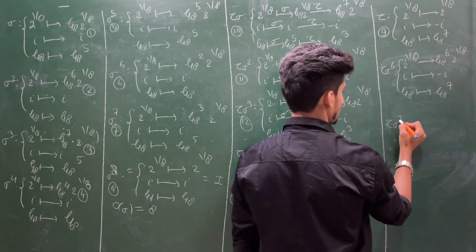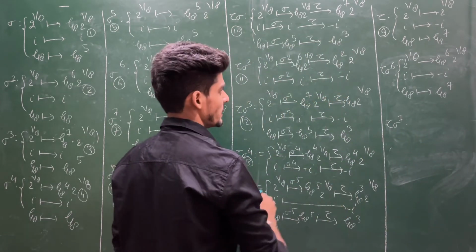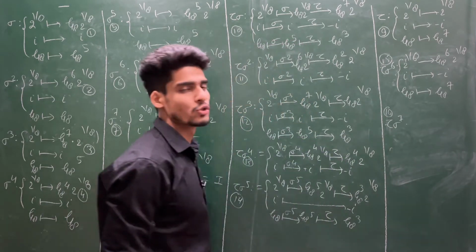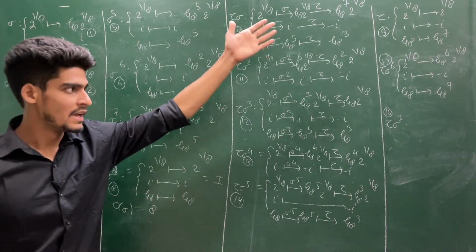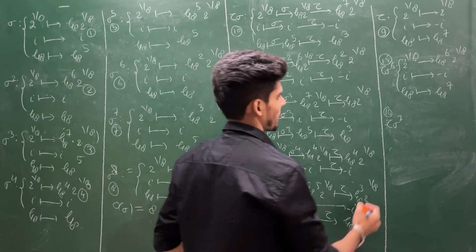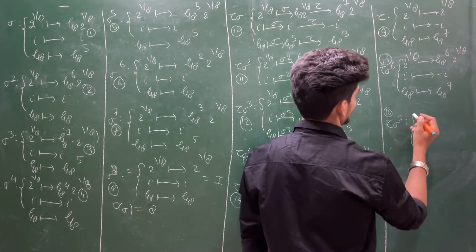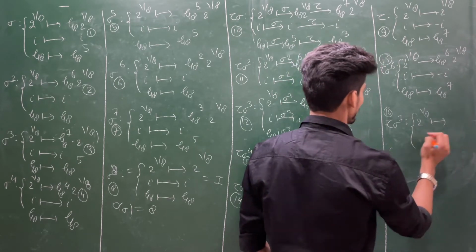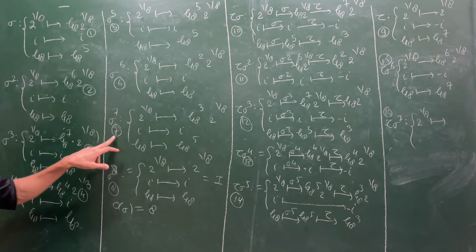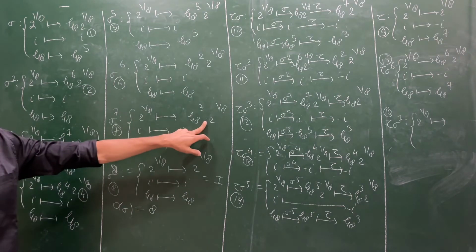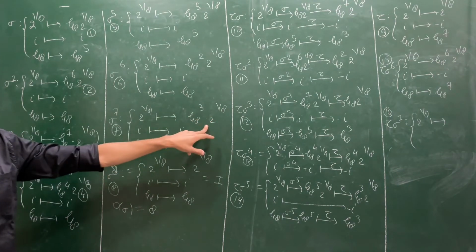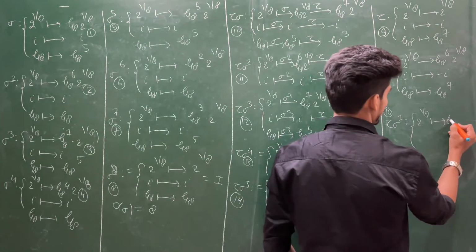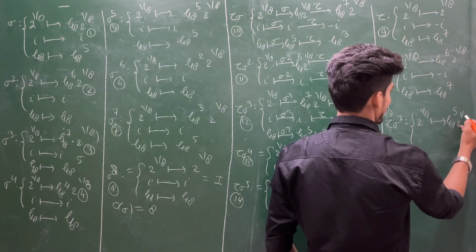Tau sigma to the power 7. This is the 14th element, this is the 15th element, this is our 16th element. That means I have to stop after this, otherwise I will have some repetition. So this 2^(1/8) will go to, see, sigma^7 sends 2^(1/8) to zeta_8^3 · 2^(1/8). If you operate on this element tau again, you will have zeta_8^21, but then the remainder will be 5. Zeta_8^5 · 2^(1/8).